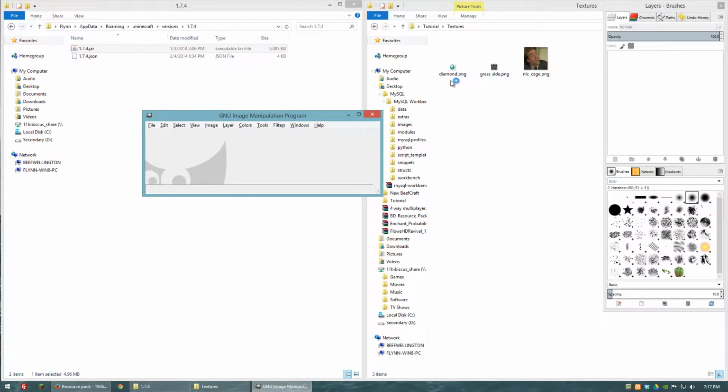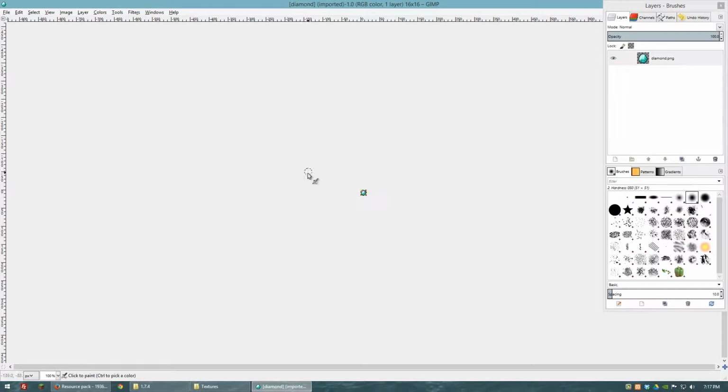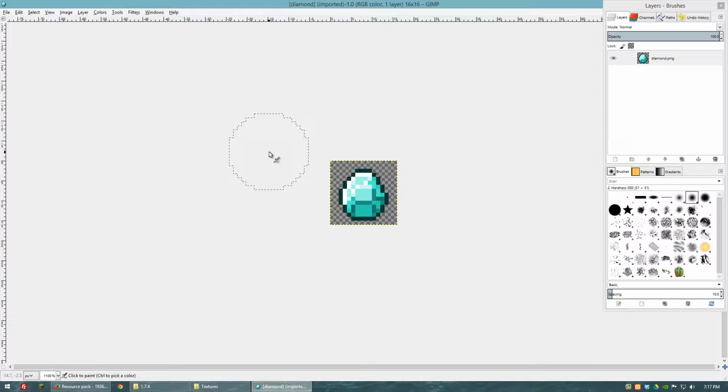Okay. Now I'm just going to go ahead and add our file in here, and let's zoom in. There we go. So first off, the basic to making it an animation is Minecraft by default is 16 by 16. So what that means is this image here is a 16 by 16 image, and to make an animation we're going to add another 16 by 16 image below it, and then another below it, and that'll make 3 frames. So the first thing I'm going to do is hit the M button on my keyboard to use the mover tool,